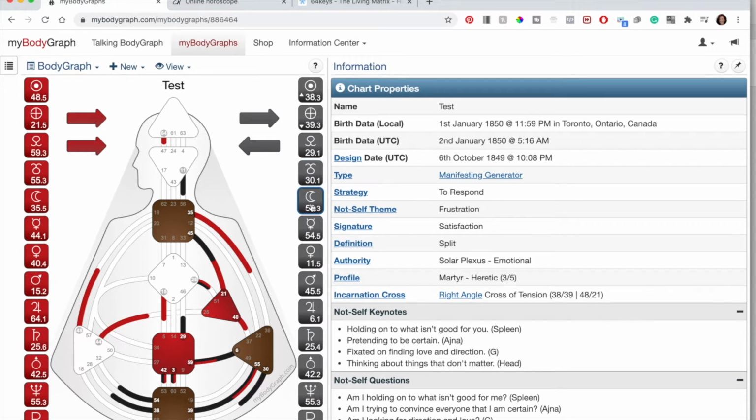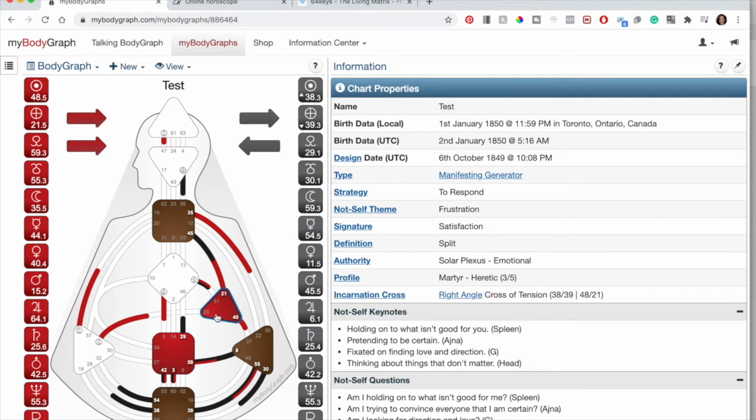So that's not surprising. But what can have a big impact is whether or not it's connected with a center, right? So if the moon, let's say, was in gate 45 and it changed, that means that it would no longer be connected to a motor, so they would no longer be a manifesting generator.